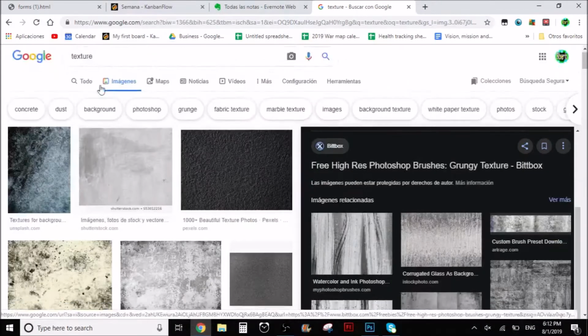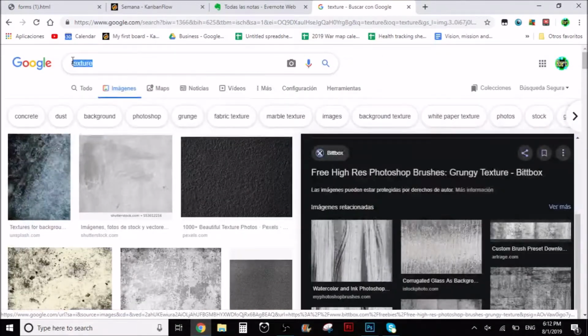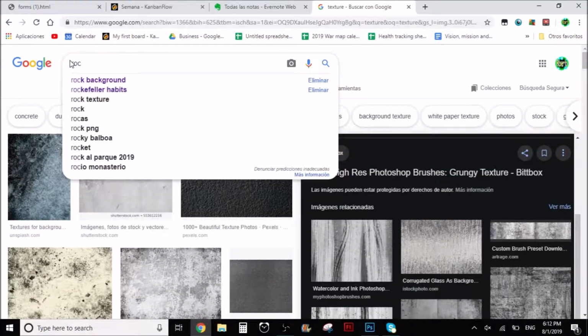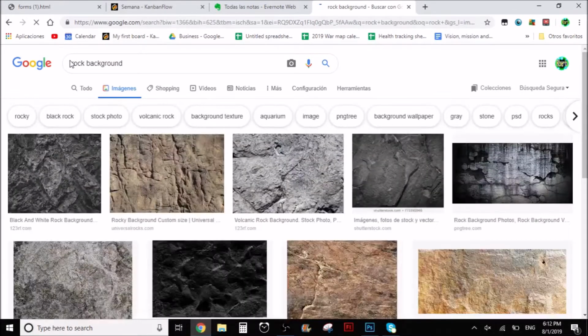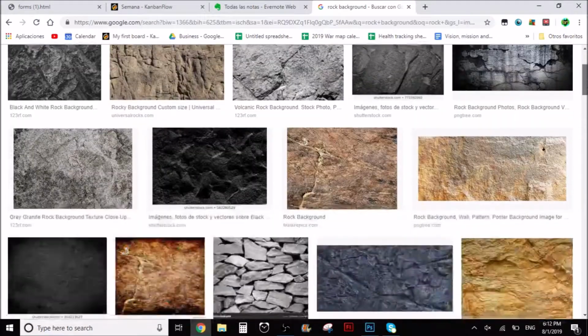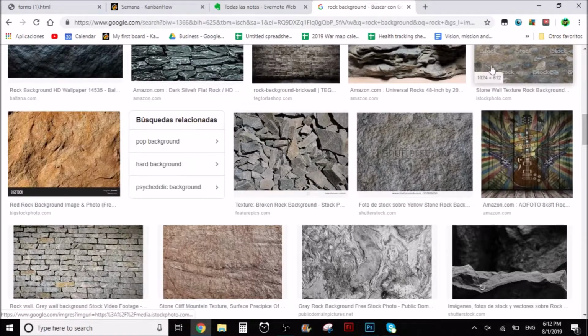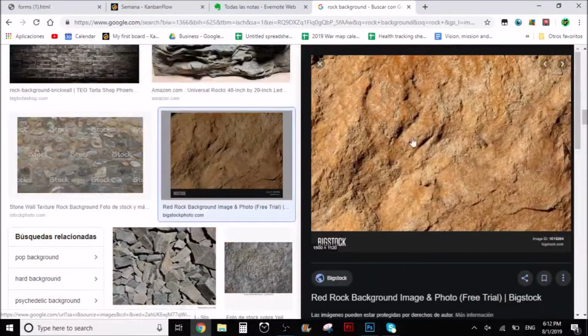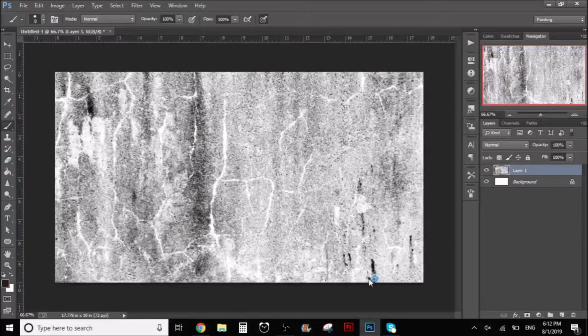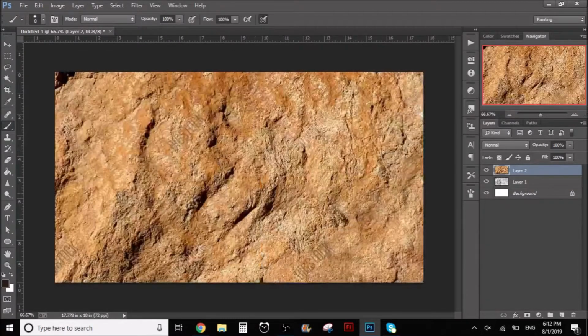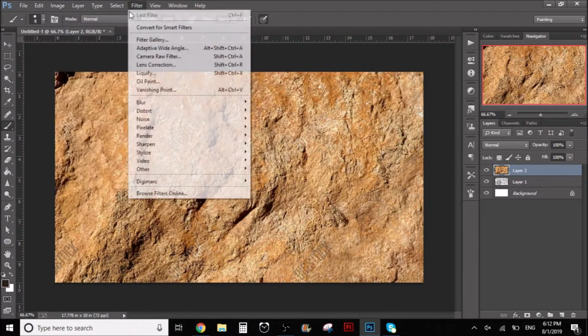Let's say, for example, that you want a rock texture. You can search here for something like rock background. Let's find something cool over here, like this one. So I'm just going to copy paste it here. As you can see, this one has a color to it, so we can make it black and white